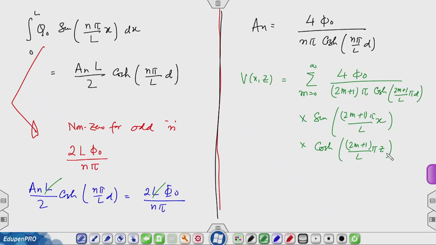Now, as I wrote in the previous slide, K_m is equal to (2m+1)π over L, and delta m equals 1 implies delta k is equal to 2π over L. So, let us write this summation as an integration, convert this into integration by writing